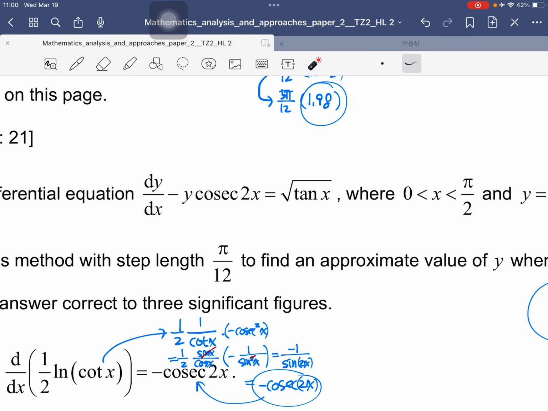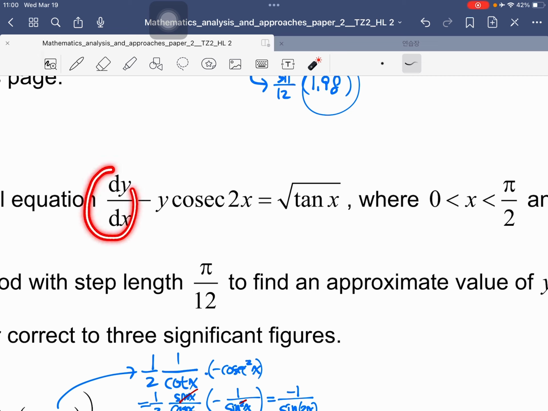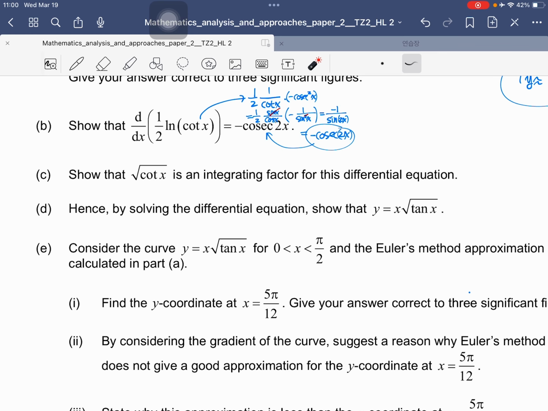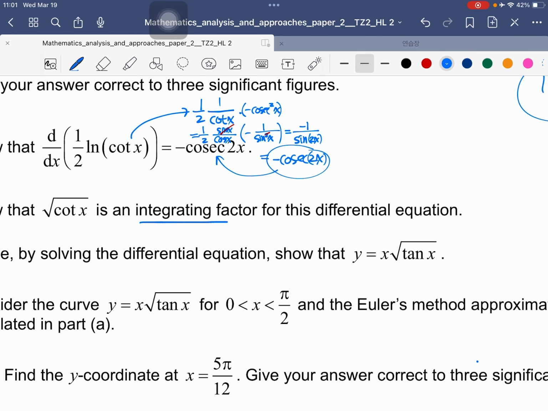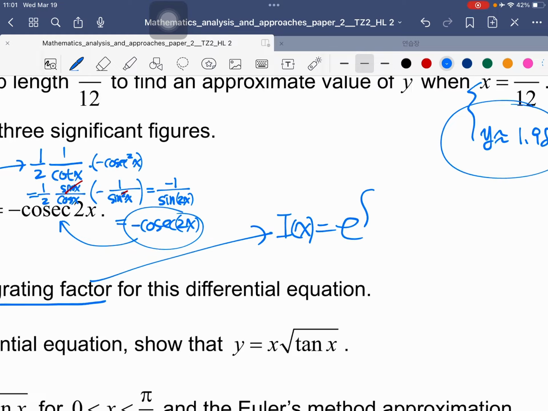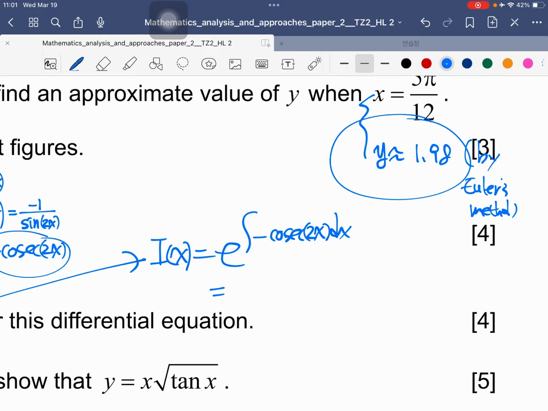So this is the basic format of the integrating factor method. dy/dx is here, y is here, so P(x) will be negative cosecant 2x, and Q(x) is right there. So the integrating factor of that equation, I(x), is e to the integral of negative cosecant of 2x dx, and we already showed that